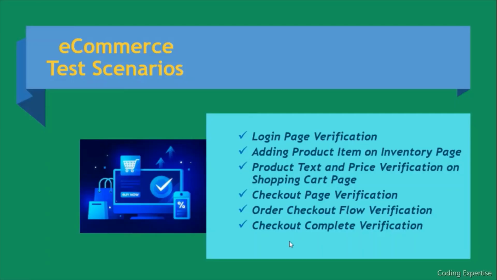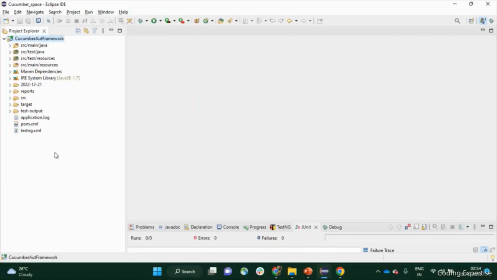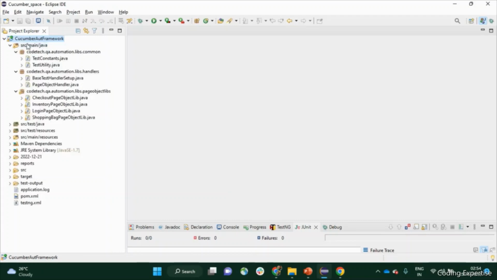Let's get into Eclipse right away. So this is our project, Cucumber EAT framework. Firstly, we'll try to understand the source folders: src main Java, src test Java, src test resources, src main resources. src main Java is the most important directory of a Maven project. Normally, this contains the common libraries. I've created these many packages: